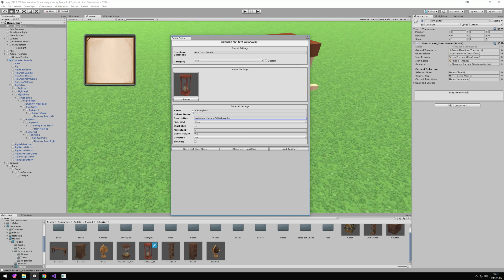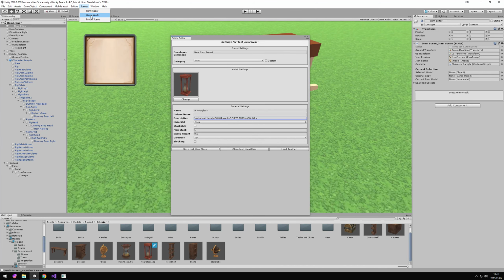This takes rich text formats, so we can do something like color equals red. Delete this color. There we go. No, this is not stackable. No, everything else looks good. We save this,